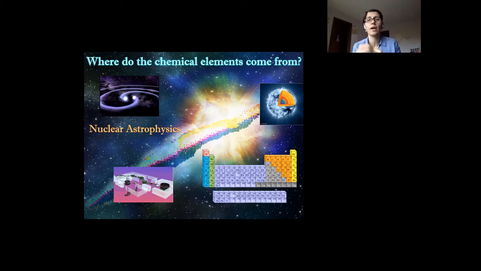And it's important to have accurate input, otherwise what you're getting out might be incorrect. And so you have to describe the star accurately, the temperature of the star, the density, what kind of ingredients it has already. So all of that goes into the model. And you also need a lot of nuclear physics that goes in, and hopefully through the whole talk today, I will show you what kind of ingredients we're looking at.